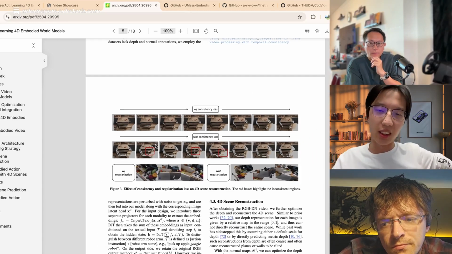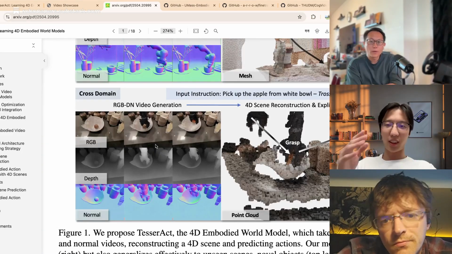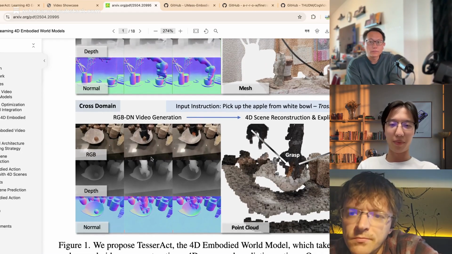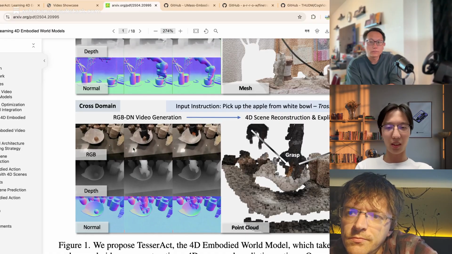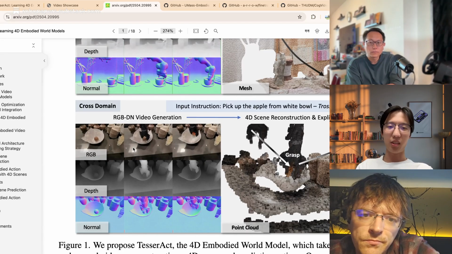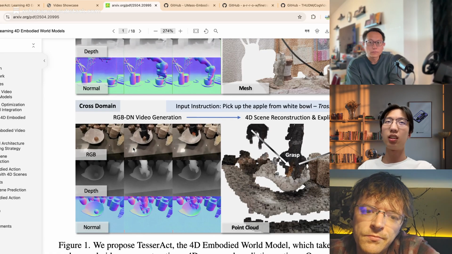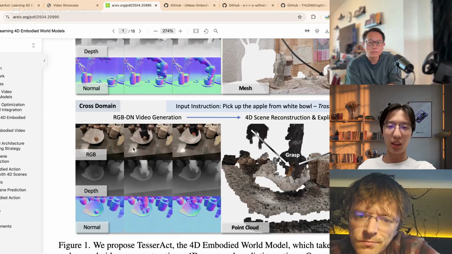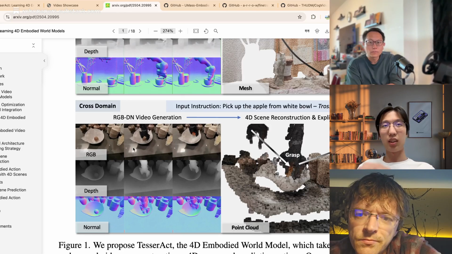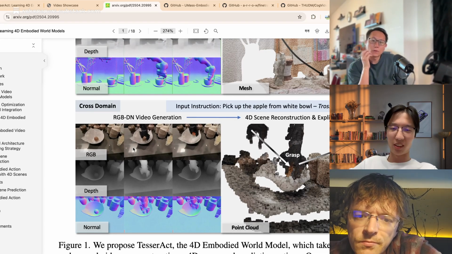The definition of normal is where the surface points at. If we know this information, we can use it to improve things. Like the prediction of the depth map can be noisy, the surface is really noisy. Then if we know it's a surface and they all point somewhere, then we can get a rounded result.